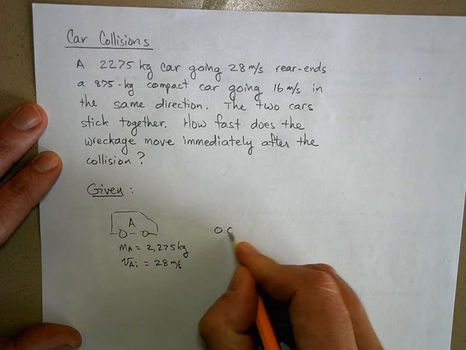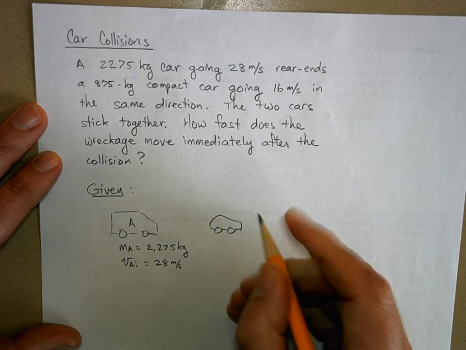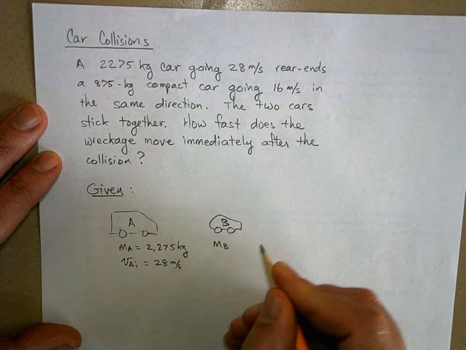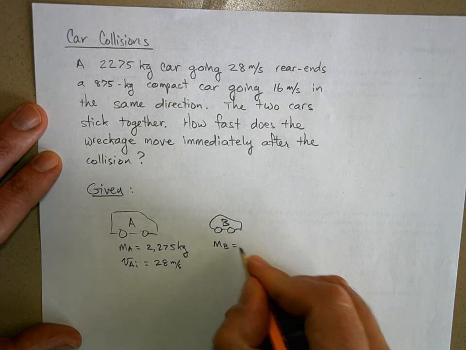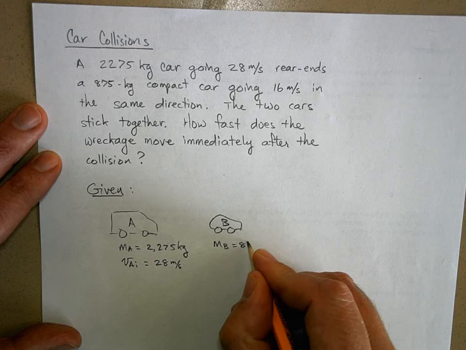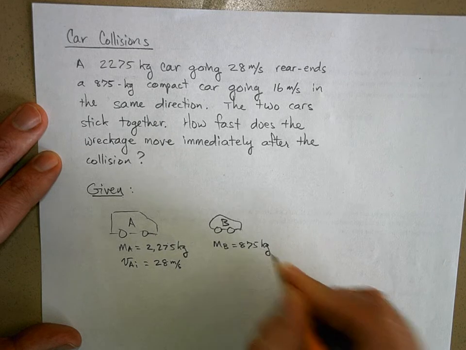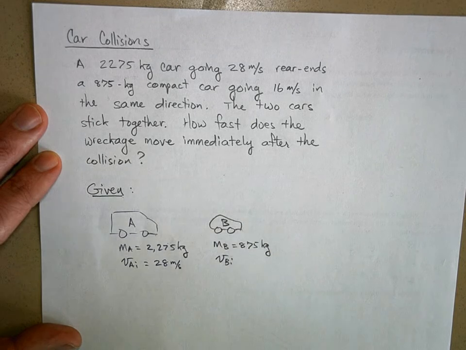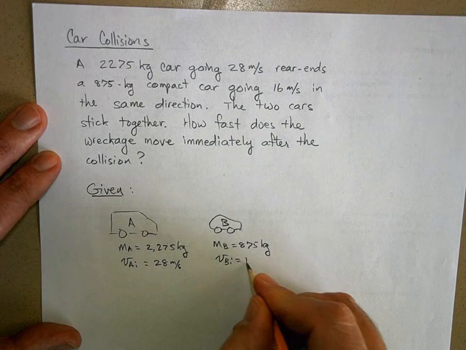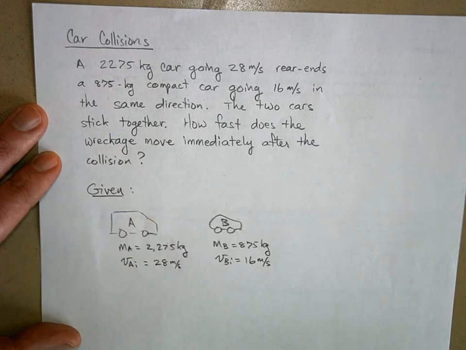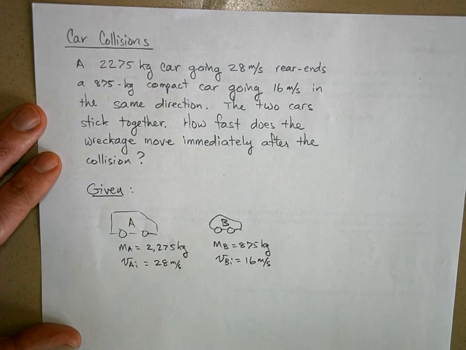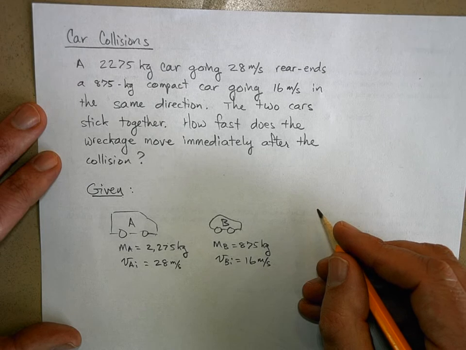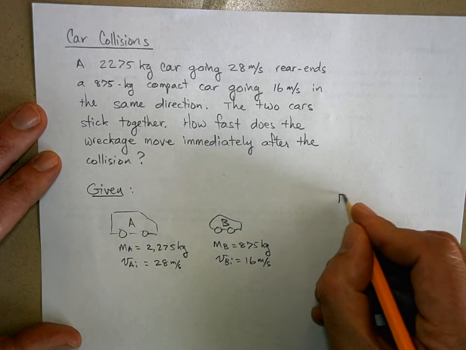Now here's our little car, which we'll call car B, and the mass of B is 875 kilograms, and the initial velocity for car B is 16 meters per second. Okay, and so what we want to find is,